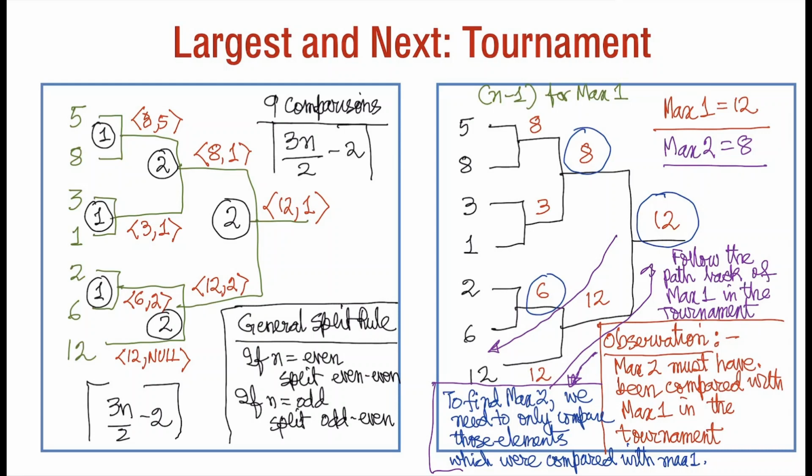But for max 2, we now have the length of path of tournament. So, this tournament has got a height. So, this height of the tournament is to be minimized. So, if we do a sequential comparison one after another, we will see, as we saw